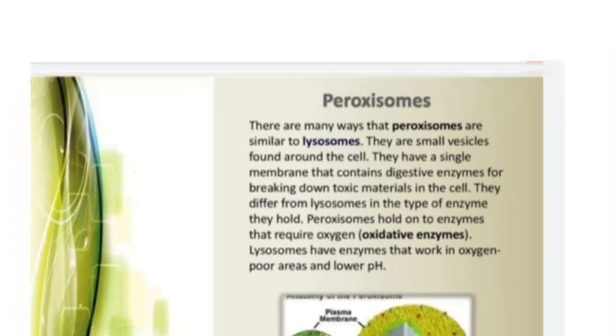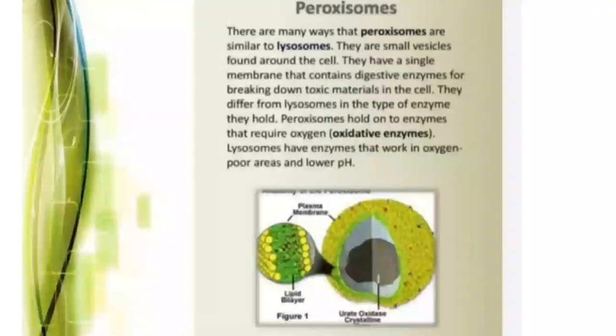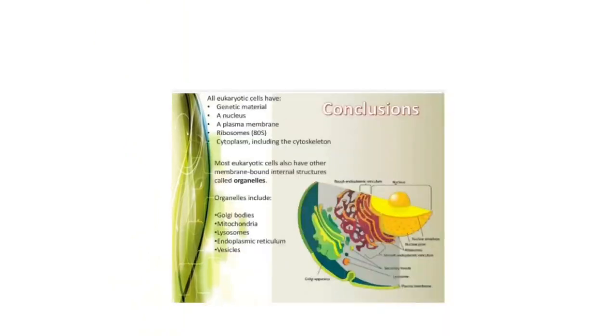From that, we will understand the main difference between lysosomes and peroxisomes. Lysosomes are similar to peroxisomes, but the main difference is that peroxisomes hold enzymes that require oxygen, that is oxidative enzymes, and lysosomes have enzymes that work in an oxygen poor area and a lower pH. That is the main difference between peroxisomes and lysosomes. Then next,